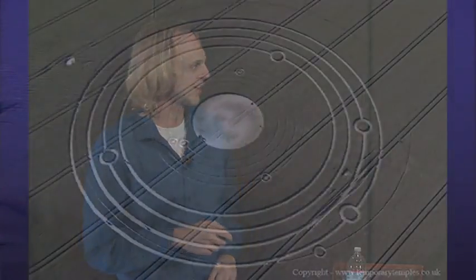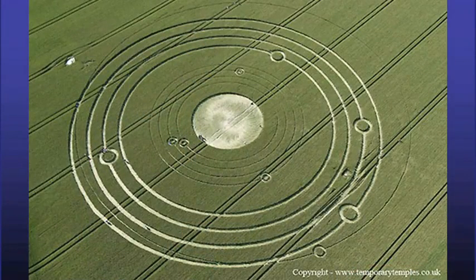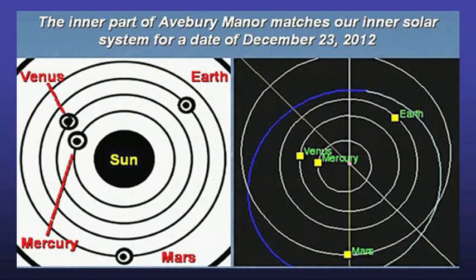Now here comes the definitive 2012 formation that actually flags the era right around that time. What you're seeing here is quite literally a planetary alignment of exactly how the planets look in 2012. The exact day being December 21st, 2012. Now, pay special attention to the diameter of what is in